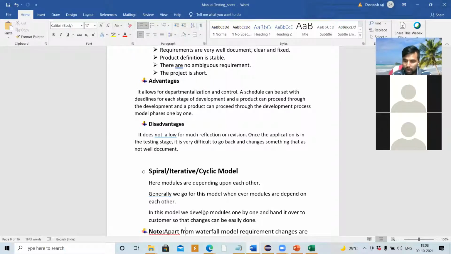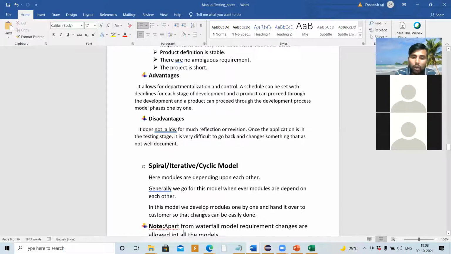Apart from the waterfall model, we allow the customer to change the requirement, and a test engineer is going to test the application. But only in the waterfall model, the developer used to test the application, doing unit testing to check that all the coding and features are working fine. In other models, there is a test engineer who tests the application.